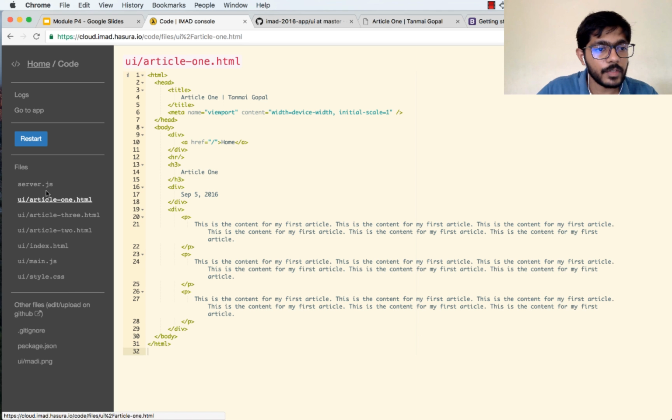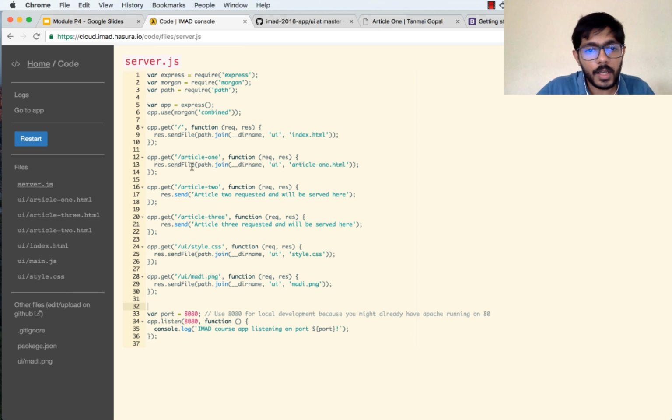So you can see that we've got 3 files here. Let's make sure that the URLs can serve these. So I'm again going to copy paste this line, right, and change this to article2.html, and change this line and make it article3.html, right? Let's save this,